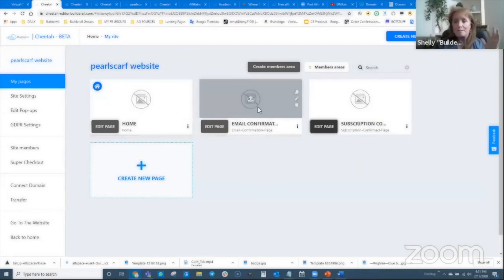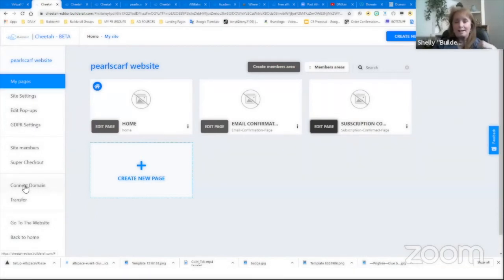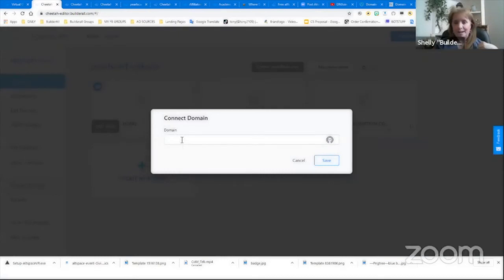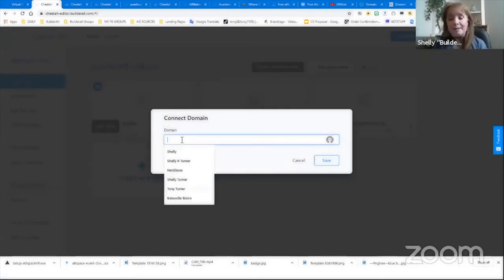So this is where I have all my pages showing for that website and all the different things I can do with the website. So what I'm going to do is I'm going to find where it says connect domain, which is right here. So I'm going to click connect domain. And then I'm going to put the name of the domain that I want to connect to this website. And that is